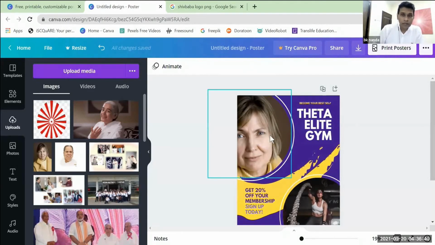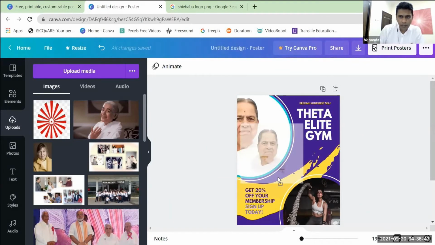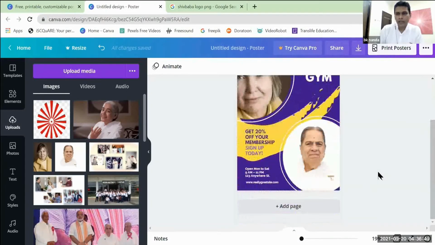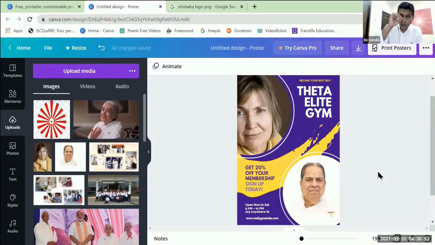Now, let's say you don't want this photo, you want another photo. Let's pull Didi Mohini inside. That's it. Didi comes here, or I can put Didi here. Done. So therefore, I have two people here, two brilliant speakers who are going to be here. Can you see that? But the only thing is, Didi's background is white. So, but in Canva, we can't add colors behind. So that's where you need the help of PowerPoint, okay, for image manipulation. I hope you're okay, all right? So if you don't like this,